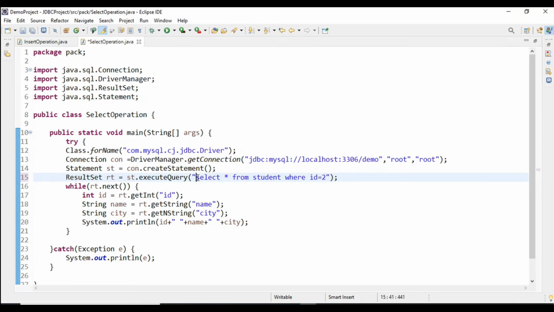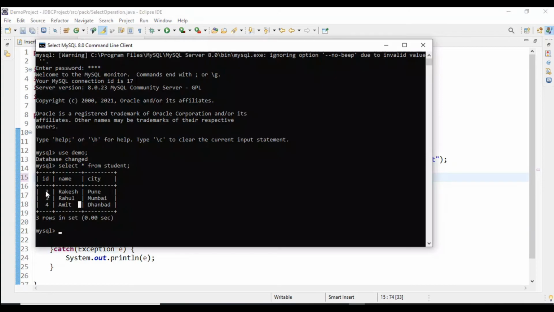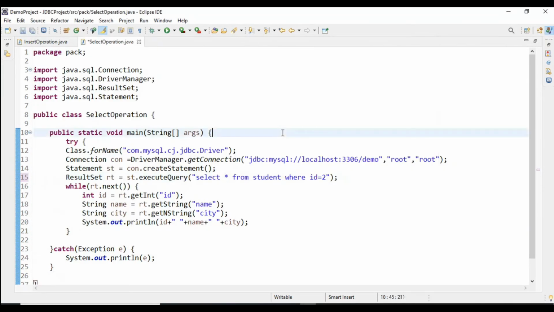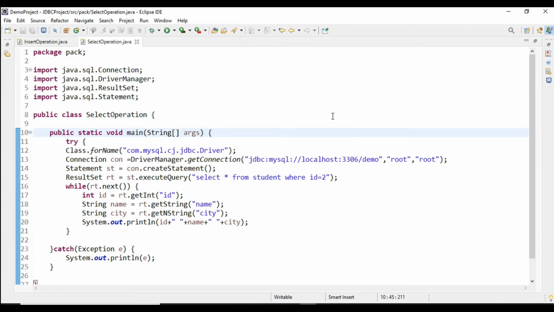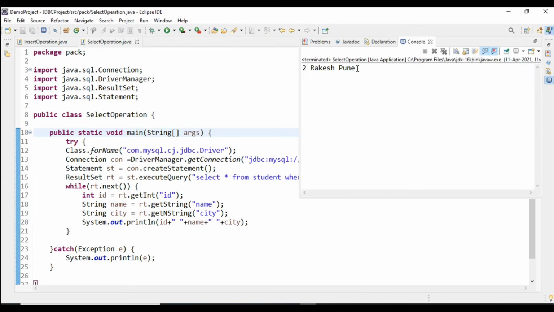Suppose I want to select data from student where id equals 2, meaning I want to fetch data for only this particular id. Now execute the program. We have fetched the data whose id is 2.